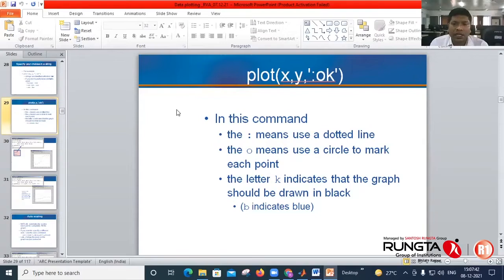And the letter k indicates that the graph should be drawn with a black line. Okay, so for black, use k. Blue is indicated with b.